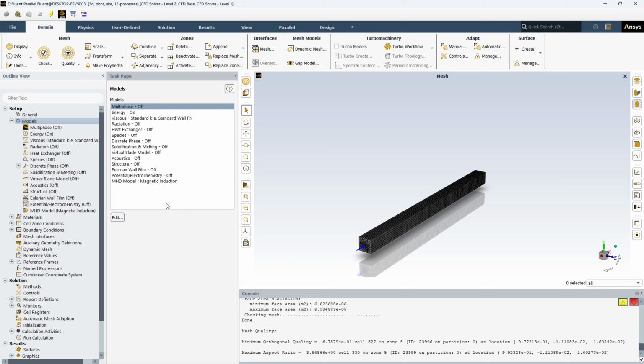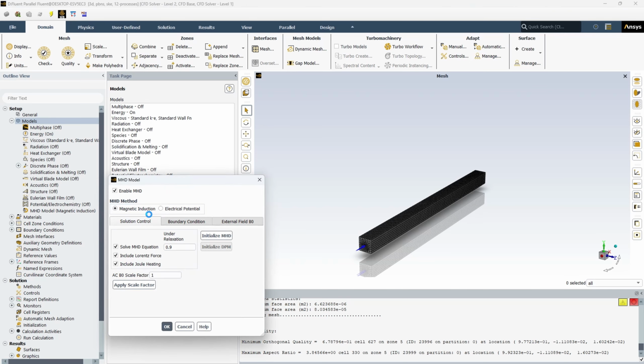Okay, here as you can see, the last option is the MHD model. The magnetohydrodynamics model, or MHD, is a powerful tool designed for simulating the behavior of electrically conductive fluids in the presence of a magnetic field. It couples the Navier-Stokes equations with Maxwell's equations to solve for the fluid flow, electromagnetic field,